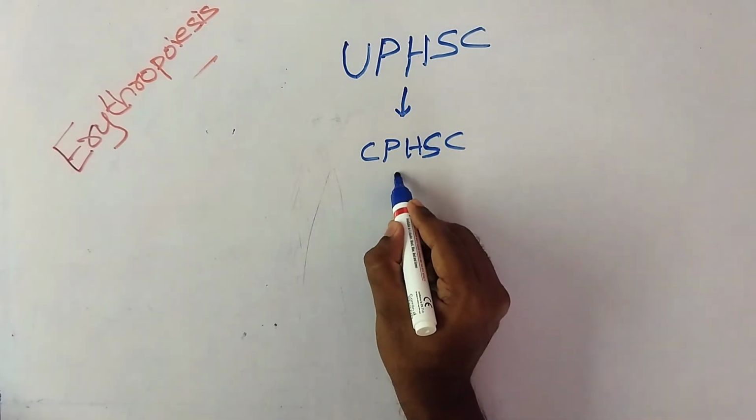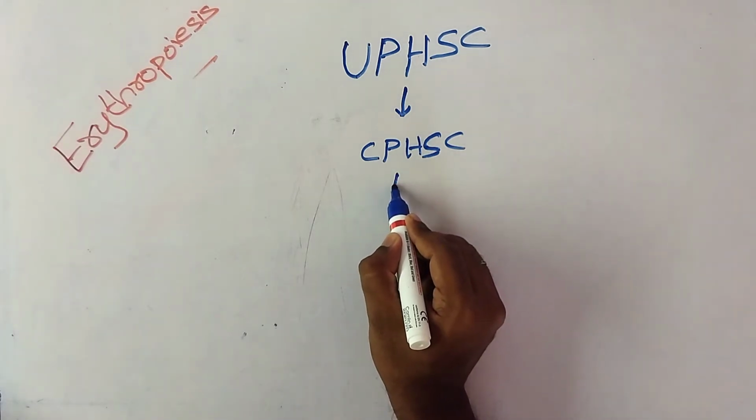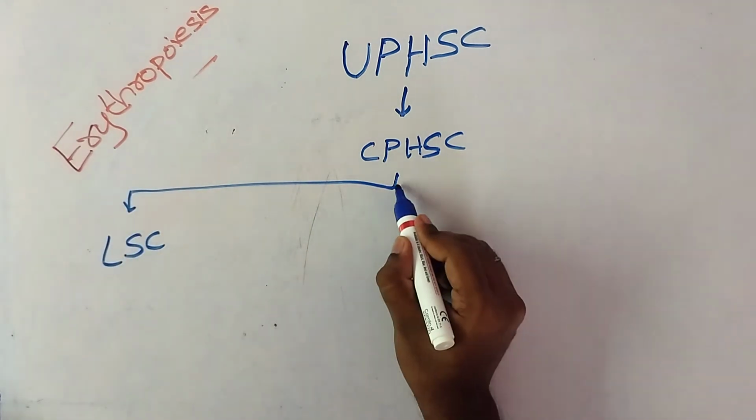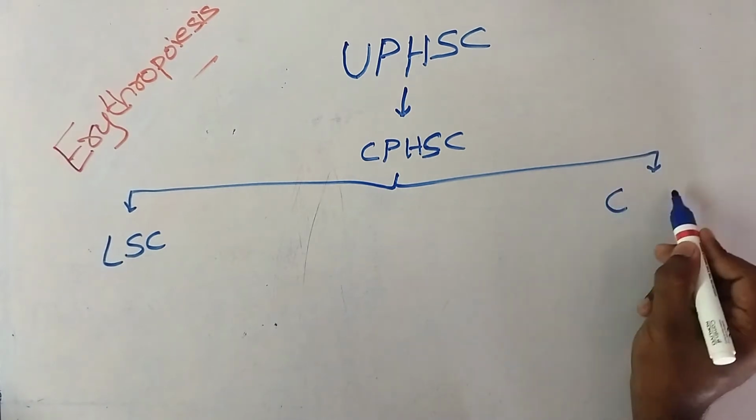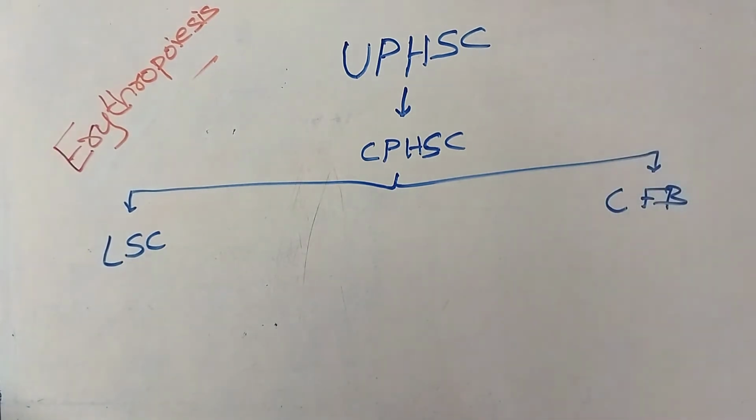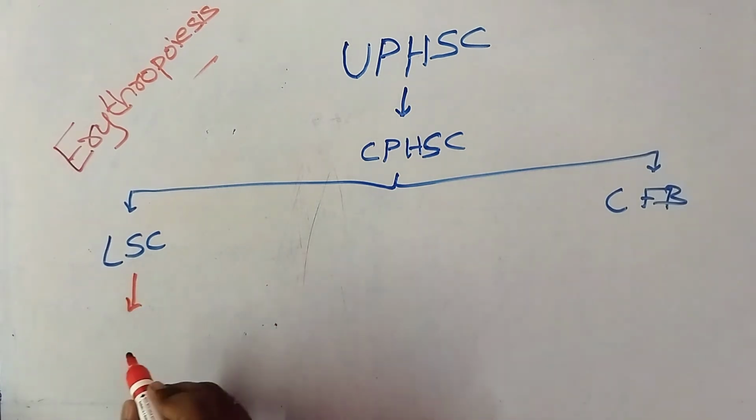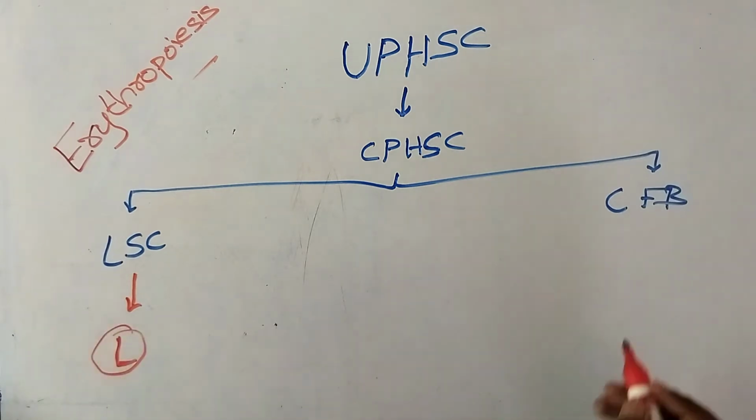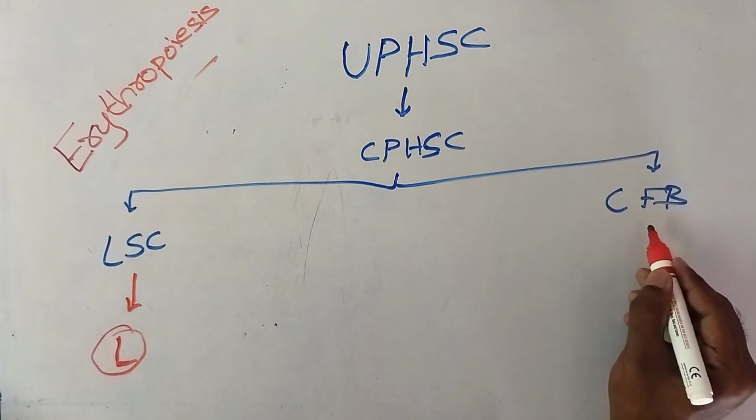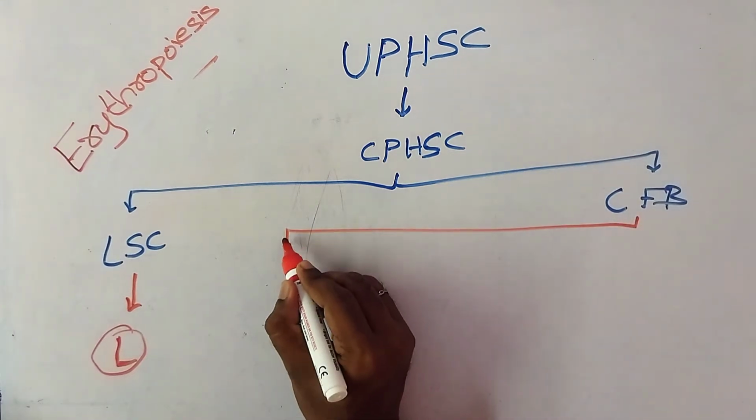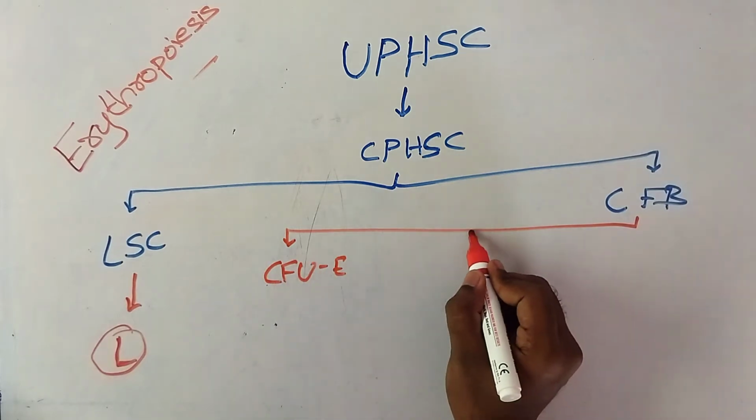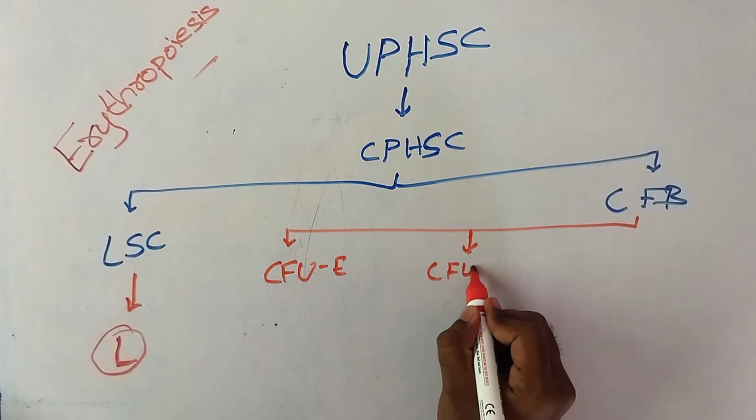Next, these committed pluripotent hemopoietic stem cells give two types of cells: lymphoid stem cells and colony forming blastocytes. These lymphoid stem cells give lymphocytes, and these colony forming blastocytes again form three colonies. First one is colony forming unit erythrocyte. Second one is colony forming unit